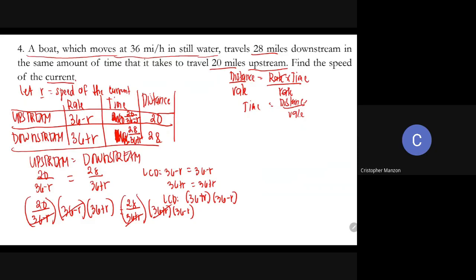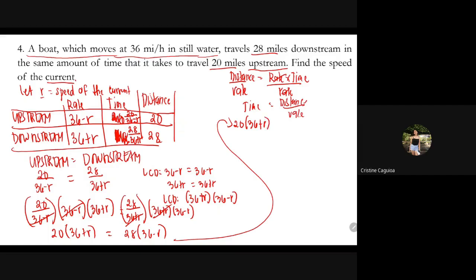You will be left with 20, 36 plus R is equal to 28, 36 minus R. I'll transfer my solution here. So we have 20, 36 plus R equals